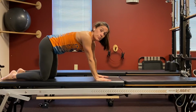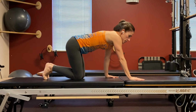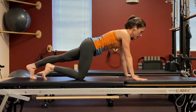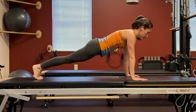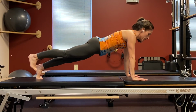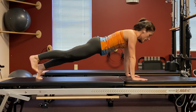Coming up into a plank position, we're going to go into leg pull front prep. So let's stabilize through our shoulder girdle. Extend one leg, engage the core, and we're going to extend the other leg. On your inhale, keep your body in this long position. Lift one foot up. It doesn't have to be high. As you exhale, you're going to point that foot, shift back at your ankle, come forward, flex your foot, and